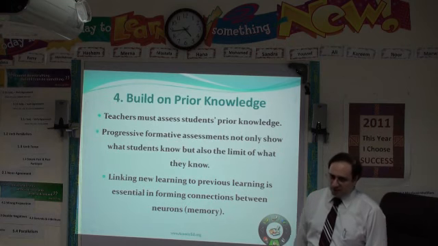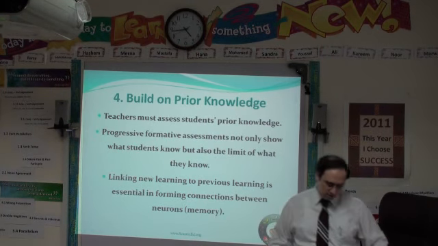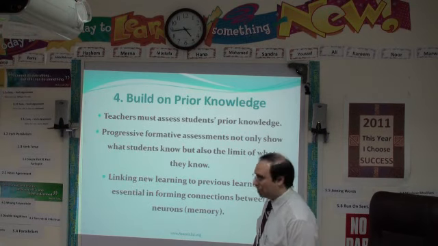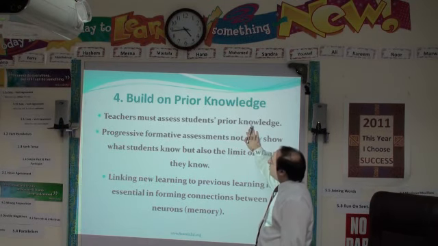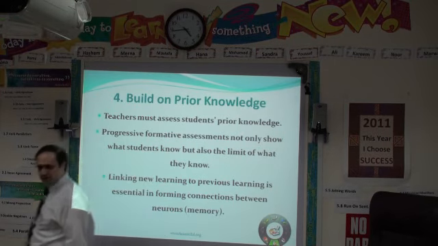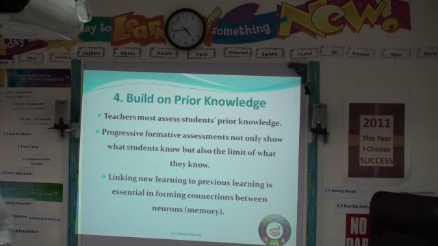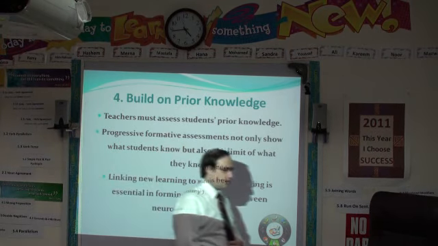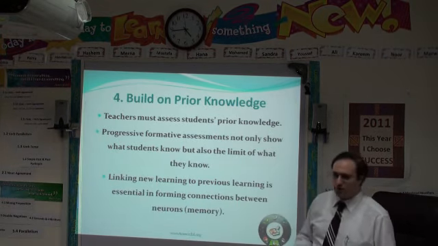Building prior knowledge. And now we start to talk of things that are related to our brainstorming. Number 1, we must know their prior knowledge. And if you remember, before we spoke about this, the formative assessments, I need to know what they know. I can't simply assume that they know certain information because they're in 10th grade or because they should have taken